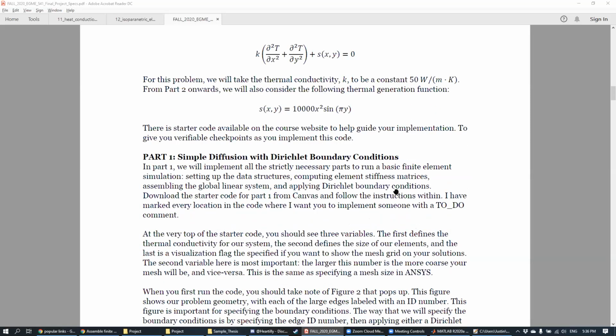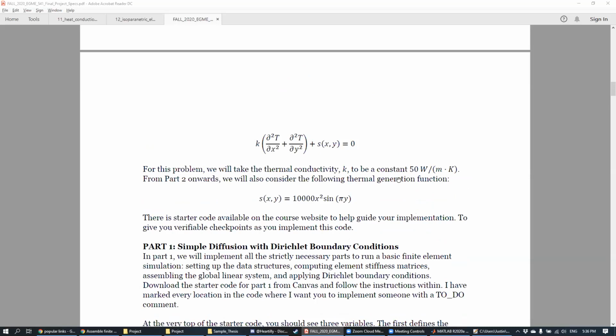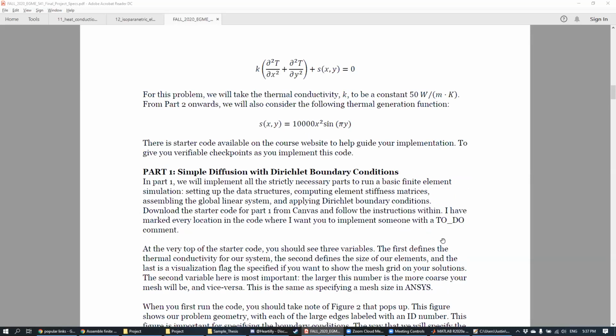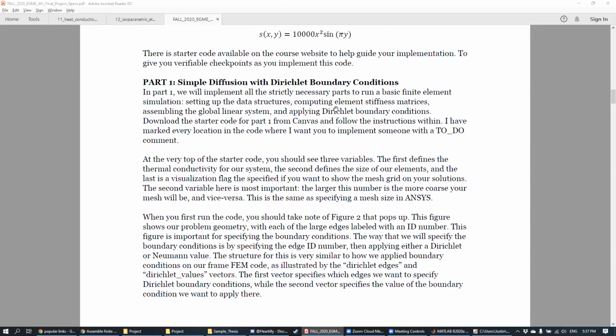Okay. And so the code for this is going to be pretty long. I'm going to warn you guys right now, it's a decent amount of coding. I've written most of the structure of the code for you already. The main parts that I've left you to do are the main parts for the finite element method that we're going to go over in the class. But all of the infrastructure for the code and all of the variable setup, I've already done for you. But it is a lot. And so what I've done to help you along is that I've split the project into